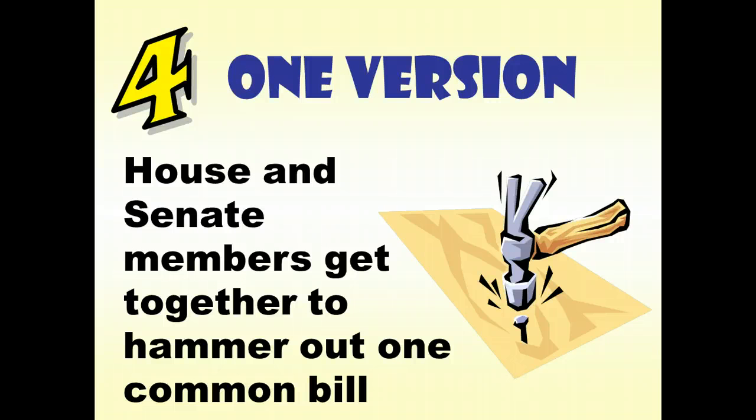So when that happens, if it does pass in both of them, then it's going to go to step number 4. In this process, this is one of those joint committees that we talked about. There's people from the House and people from the Senate that get together and look at the two bills, decide what's the same about both of them, and if there's anything that's different, and then make the writing of the bill so that it looks exactly the same. So, the general idea has passed in both of them, but now they have to make sure that the wording is exactly the same in both the House and the Senate. So once you get done with step 4, you have the exact same wording that's now going to go back to the House and back to the Senate, and we're going to see if it can pass in both of those.